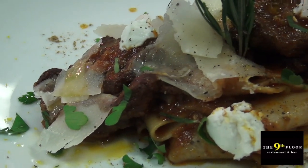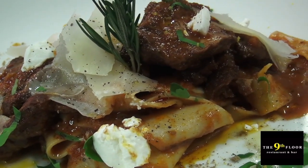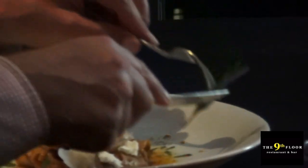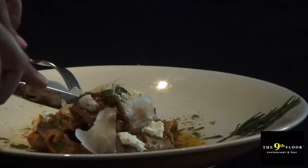Wow. This is looking good, and the smell, heaven. I love lamb. Coming from Australia, lamb is one of those meats that we used to always whack on the barbie, along with some beef and the sausages and the pork chops, but lamb was always a treat, and this looks absolutely fantastic. I might just take out my little twig at the top there, my little piece of,